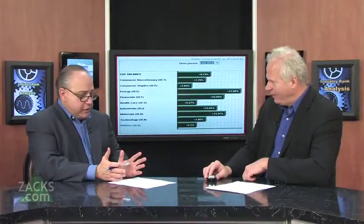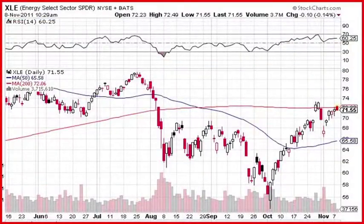So help us understand this better. Give us a couple of specific examples of how these stocks powered the sector higher. I will. I'm going to give you some stocks that I trade and that just did phenomenally well. I'm talking like 50% gainers. I want to take a real quick look at the chart of the XLE just to show you the dramatic move here. Look at the beginning of October. This thing plummeted down to $54, and then you see the surge all the way up to 73